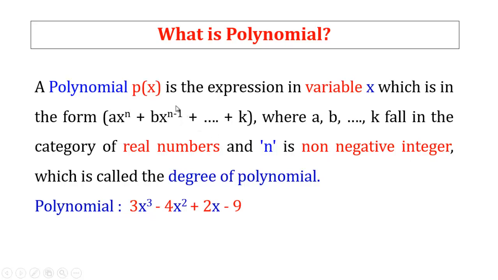So we only represent a non-negative number in the exponent, that is x^2, x^3, and so on, which gives the degree of the polynomial. Take an example here: 3x^3 minus 4x^2 plus 2x minus 9. This is a polynomial expression, that is p of x. Here p is called the polynomial, x is called the variable. First we have the coefficient, second the x^3. This 3 is called the power or exponent. Like that we mention it in the polynomial. This is called the mathematical equation of a polynomial.